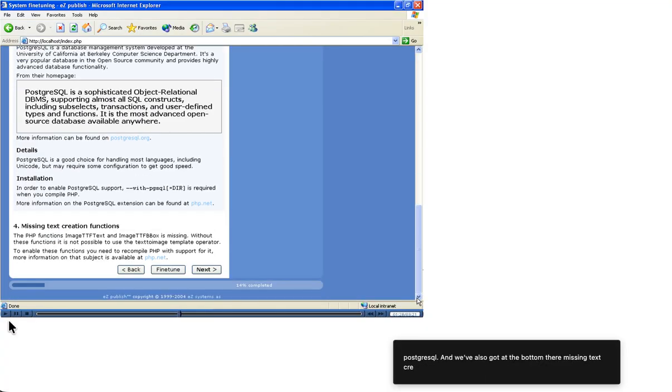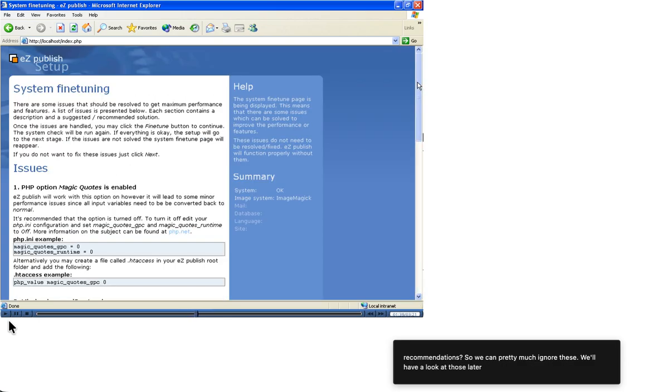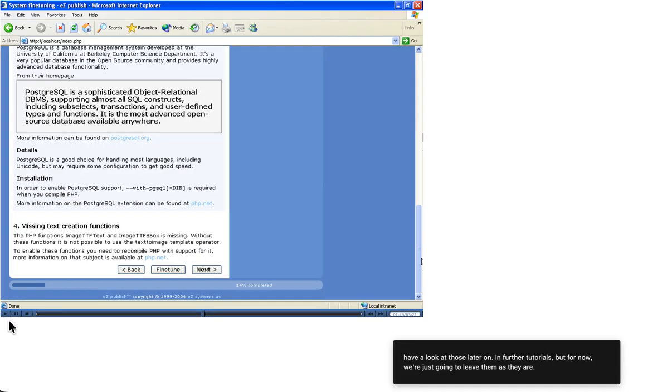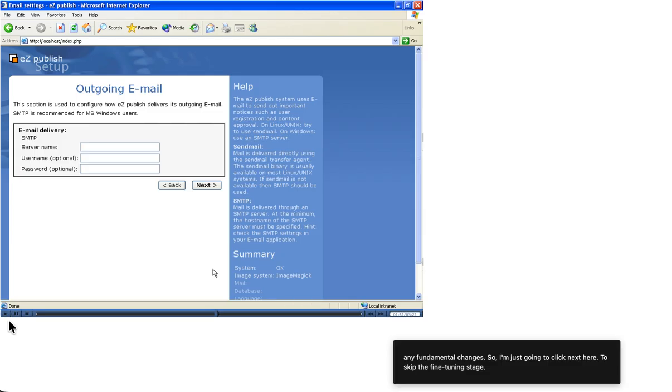missing text creation functions. If you read through the text for each of these, it'll tell you whether it's an essential change that needs to be made or if it's just a recommendation. Most of them are recommendations, so we can pretty much ignore these. We'll have a look at those later on in further tutorials, but for now we're just going to leave them as they are to show that we can still run the installation without having to make any fundamental changes. So I'm just going to click next here to skip the fine-tuning stage,